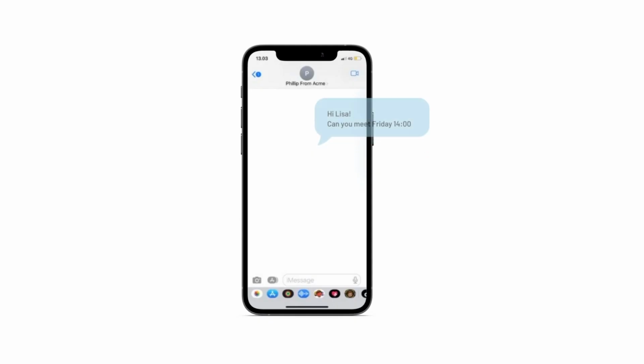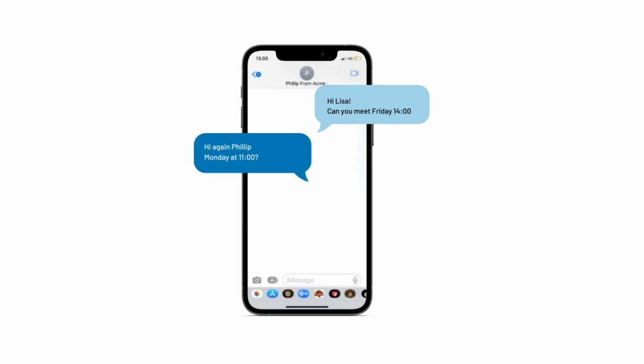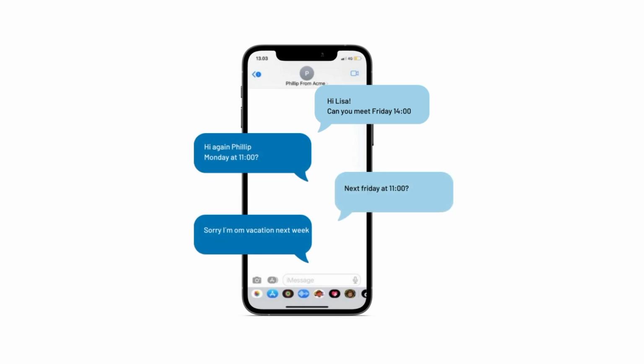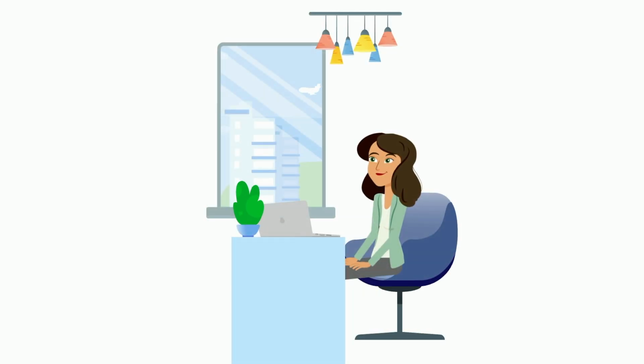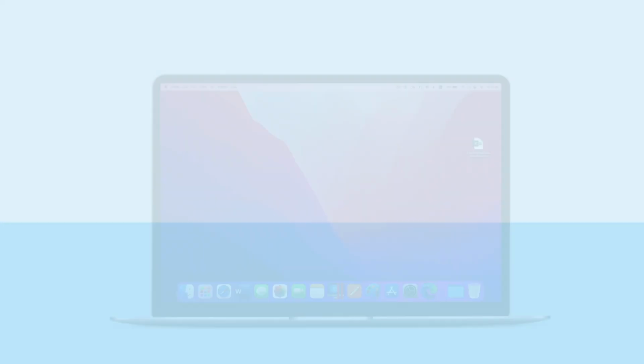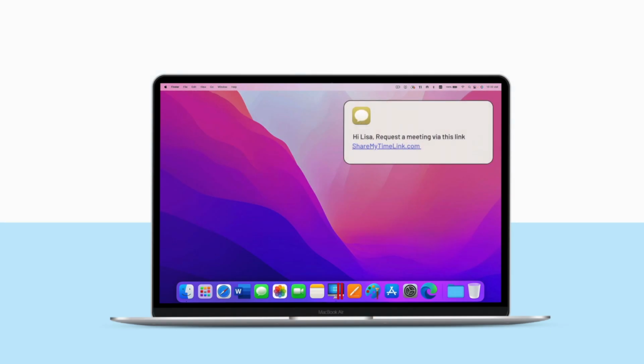Are you ever caught up in a never-ending loop of back and forth messages with colleagues, business partners, or clients, trying to coordinate a meeting time that works for everyone? Don't worry, we have the solution. Share My Time. Share My Time allows you to grant external parties access to your calendar, enabling them to view